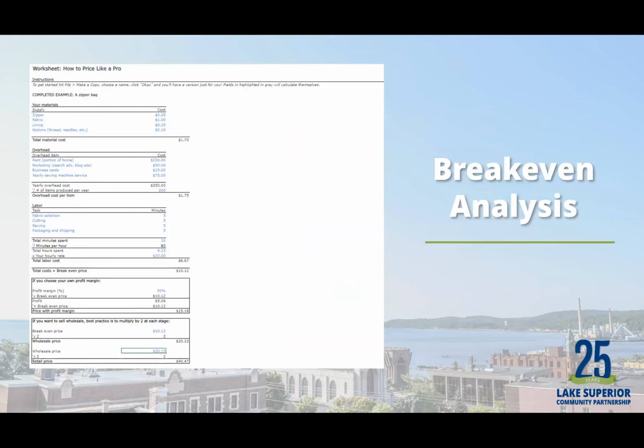Now, outside of lending, the LSCP has financial tools that can be used, and one is our break-even analysis. This tool factors in the cost of the material purchased and the time spent in creating the product, and so much more detail. It even factors in how much to sell at a wholesale and a retail value. If you are interested in this tool, feel free to reach out to me, and I'm happy to share more information about it, because this is a pretty cool tool. This shows exactly all the nitty-gritty details of how to price your product and your service for that matter.